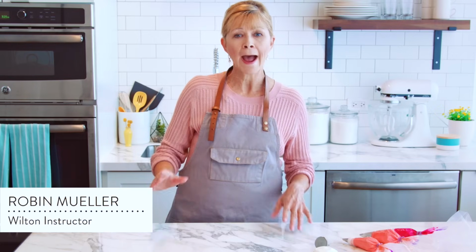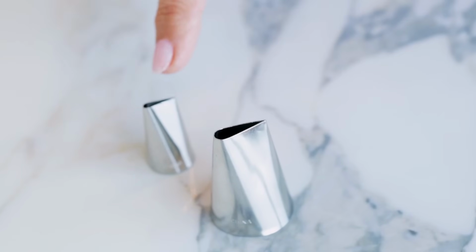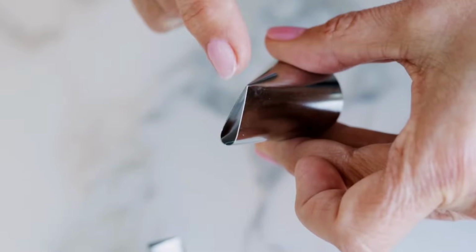When you start to learn how to pipe icing flowers, you'll quickly find that you'll be using a 104 tip a lot. Tip 104 is a petal tip, just like the tip 127, but this one is just a lot bigger. If you look at the shape of the opening, it's like a teardrop. The base of the tip is really wide and the top is tapered. You'll want to pipe with the tapered side on the top because that's what's going to give you the delicate